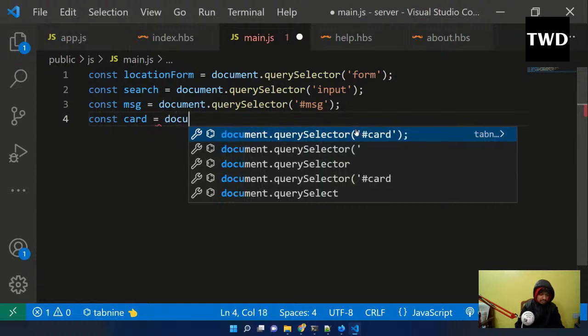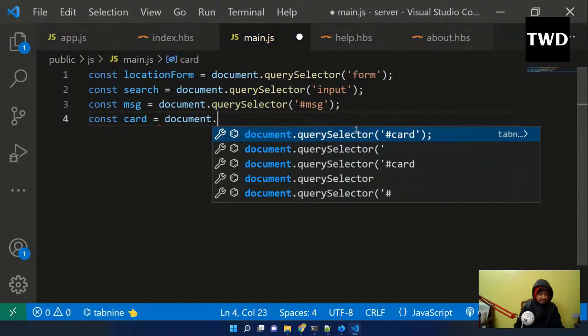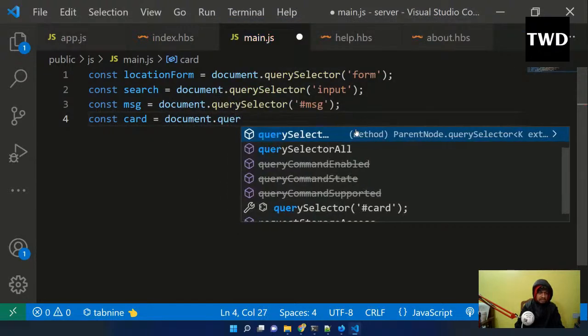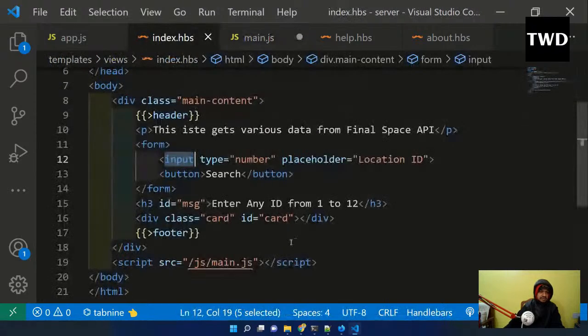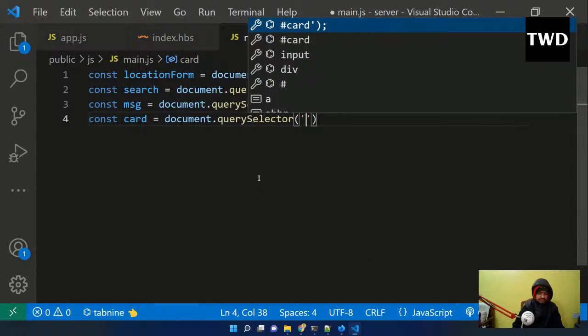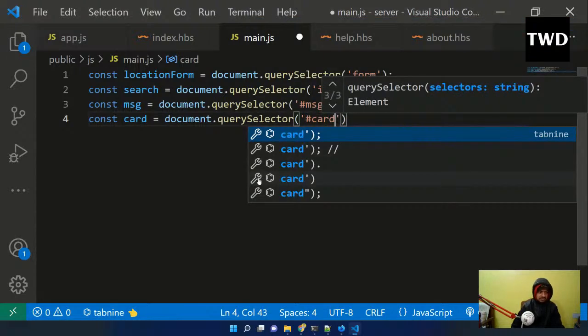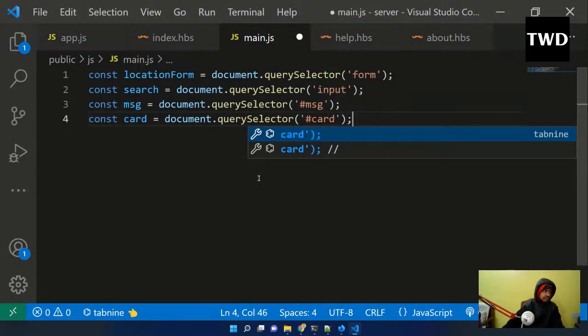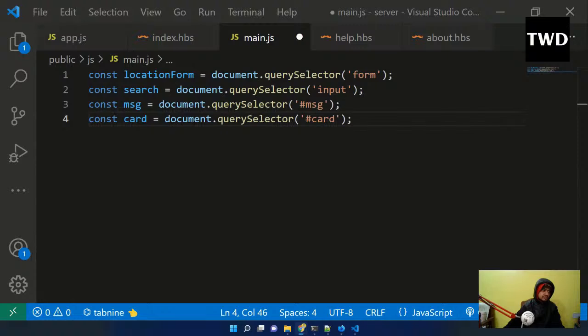const card equal to document.querySelector, and this card is there. We are going to get this card also. So we have this message and this card. #card I'm going to do. Okay, and I forgot to give the